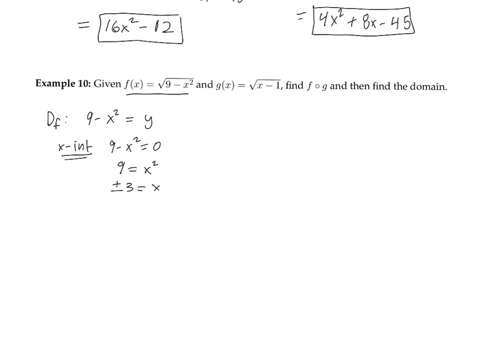And if you were to graph that 9 minus x squared, what would it look like? Happy or sad? Sad. It'd be a sad parabola. I think we actually briefly discussed that. I know I've discussed a lot of stuff with you in this class. It's hard to remember it all, but technically speaking, that square root of 9 minus x squared makes the top half of